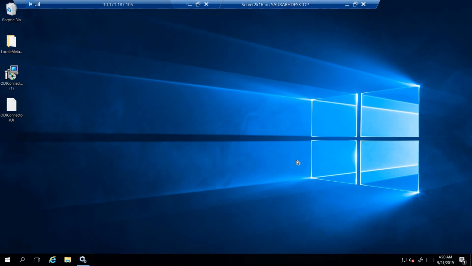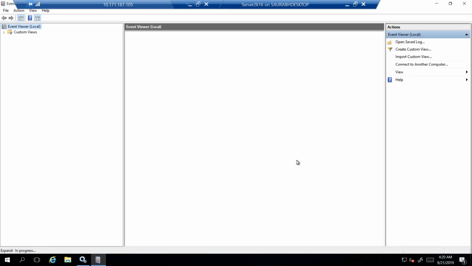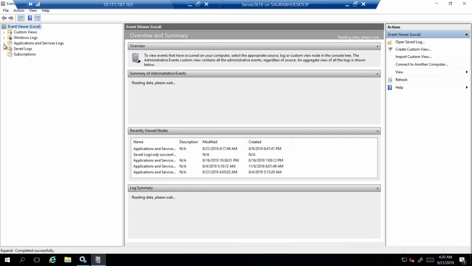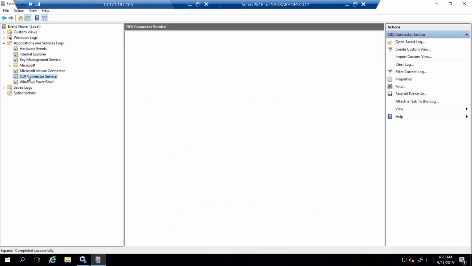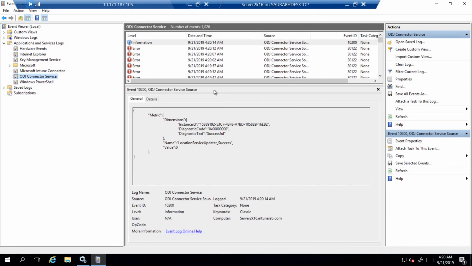So there are a lot of events created in the ODJ connector every minute. So we need to understand which of them are relevant and which of them are not. So I'll just show you guys that once. We'll have to go to Event Viewer, then Application and Services Logs. Now you can see something called the ODJ Connector Service. So we'll click on that, and over here you can see that